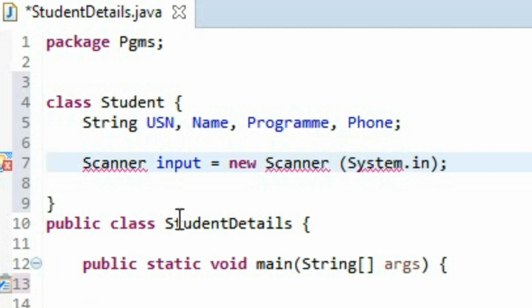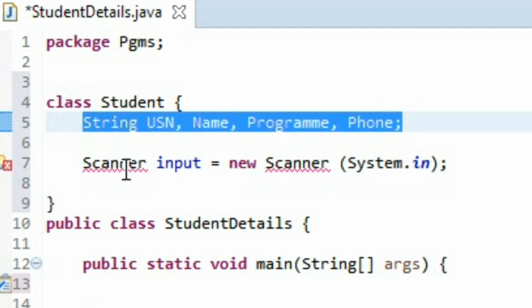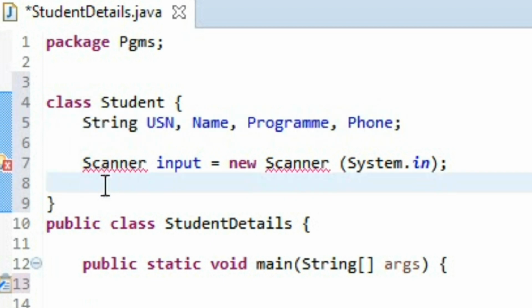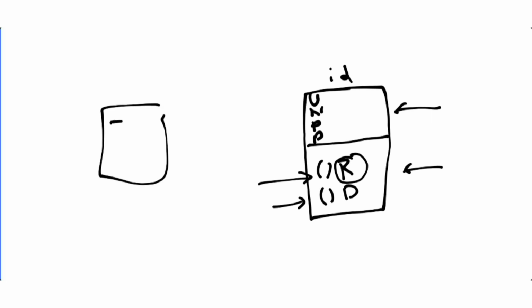Okay, after that what we are doing is, after we have created the things which we need, now what we have to do is we have to take the input and display it. Okay, you can see it as an app. Okay, in the app we have the ID card as these data members in it, and these are the functions in it. You can consider the functions as something we can click to perform the required operation. Okay, so when we click on the read function, it will ask the user to enter what's the USN. Whatever the user enters as the USN, that will be stored in the USN, and next it will ask the name.